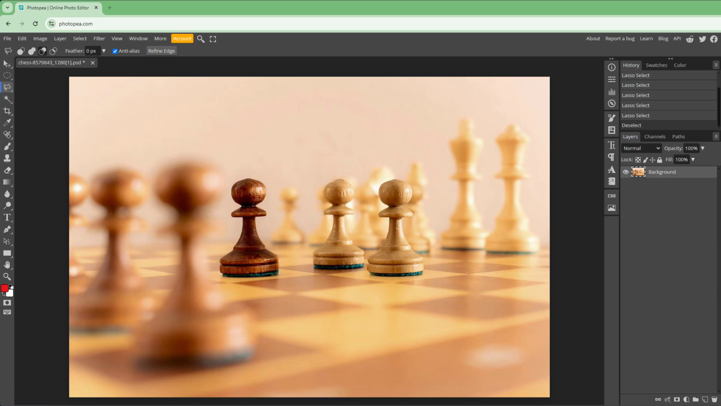So now let's see how we can work around with the Magnetic Lasso tool inside Photopea. In order to work with the Magnetic Lasso tool, you need to go onto the lasso select area right here and then go to Magnetic Lasso select right here, just like this. Once you go onto Magnetic Lasso select, you can go over here and click on a spot